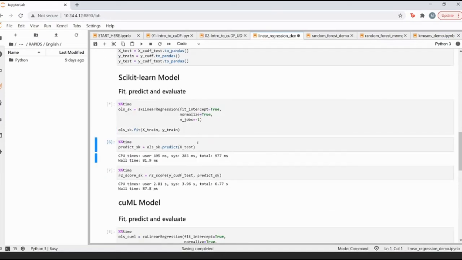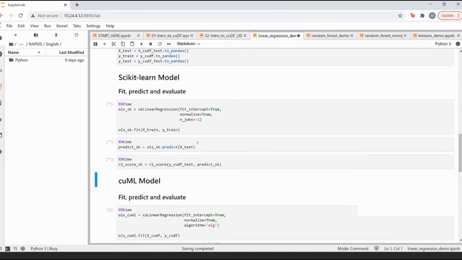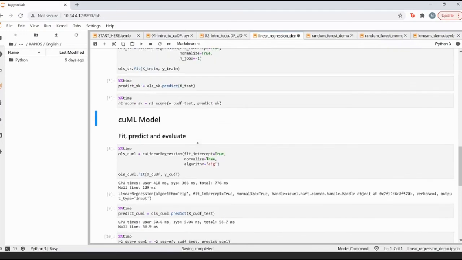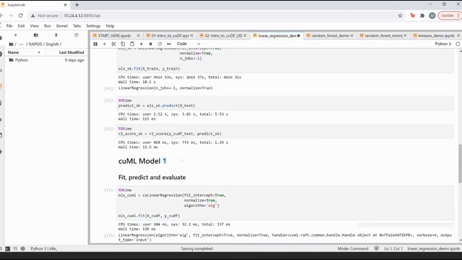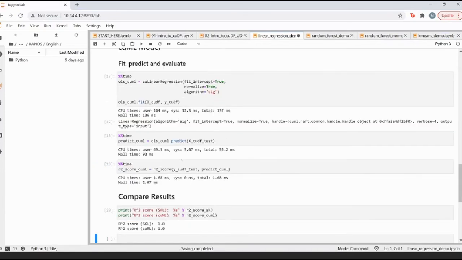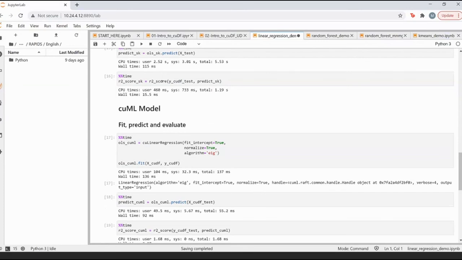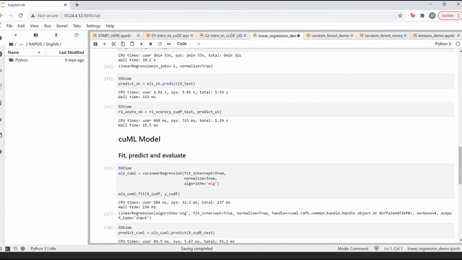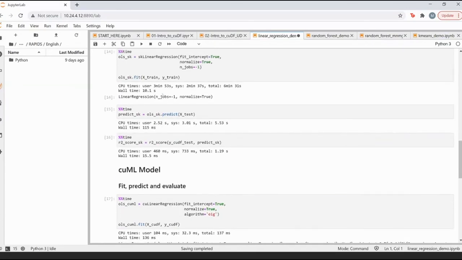Right. And let's do the prediction. Let's check the R2 score, and we'll also do it for my cuDF version as well. As you can see, there is a huge difference in the execution time. Sorry, I think I quoted the wrong number.